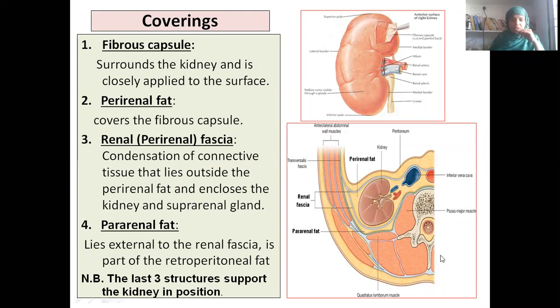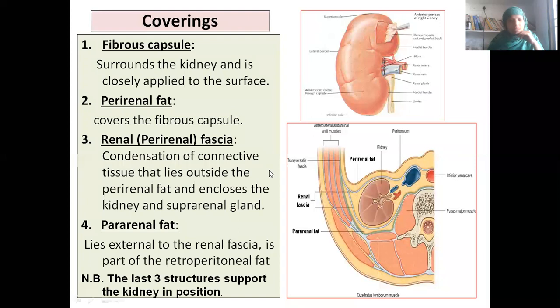This is a transverse section. We will see the mid-sagittal section of the body to understand the superior and inferior extent of this renal fascia. Now, surrounding this renal fascia, you will not understand now, it is enclosing the suprarenal. The other picture will help us to understand. Now, surrounding this renal fascia, are you finding further fat outside?